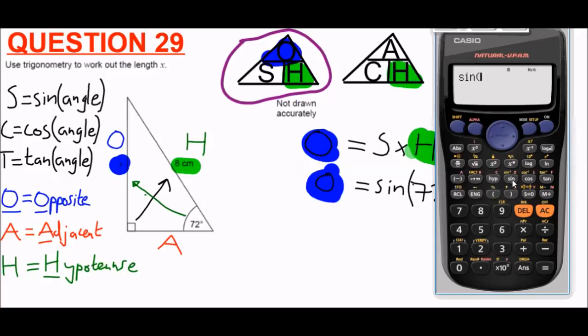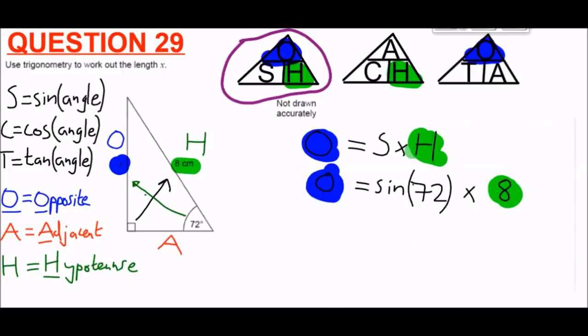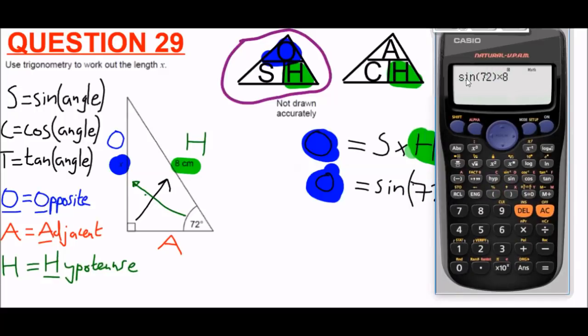So we do sin, be careful with the brackets. So sin 72, close brackets, multiplied by 8. Remember, sin 72 times 8, so the calculator needs to reflect exactly what we've written down. We then press equals. And what we'd get is